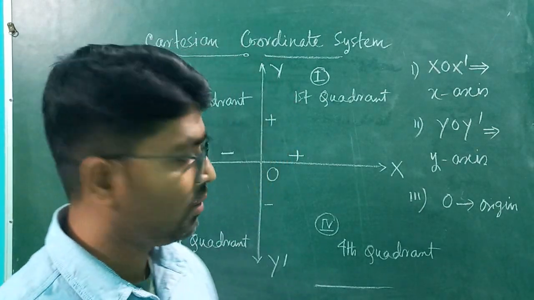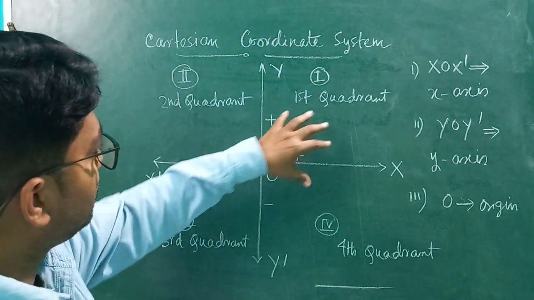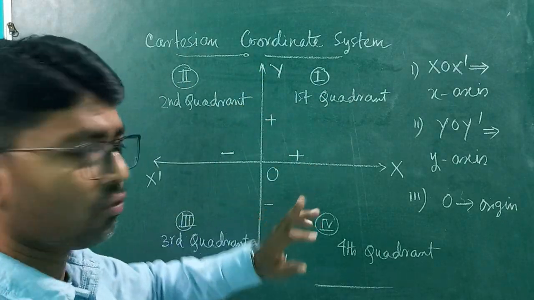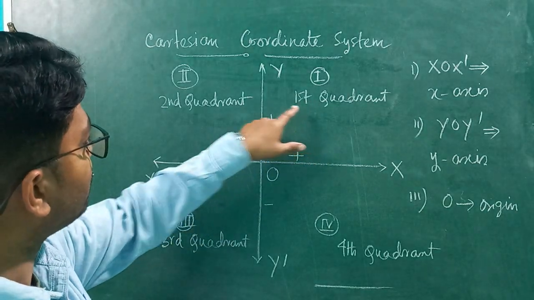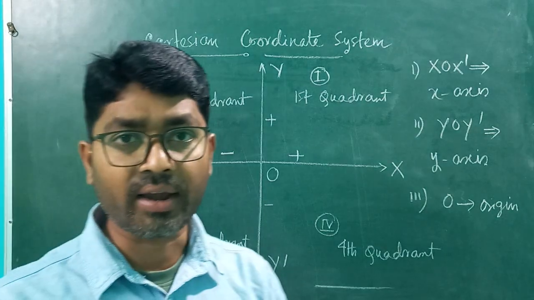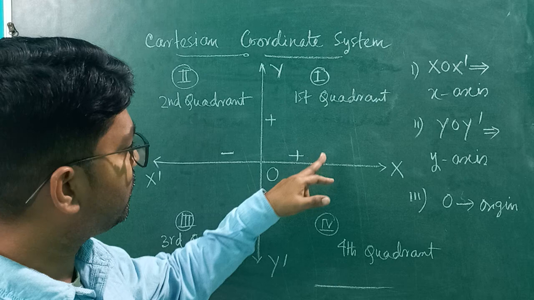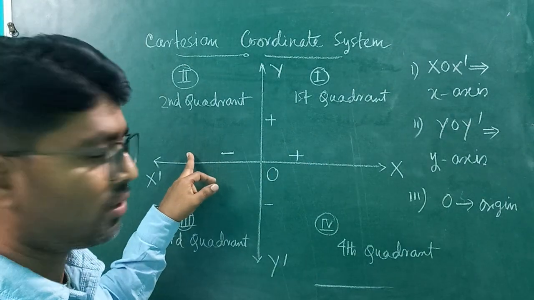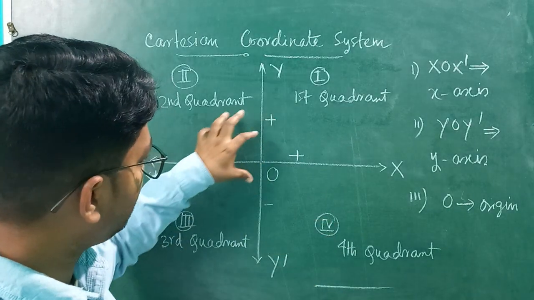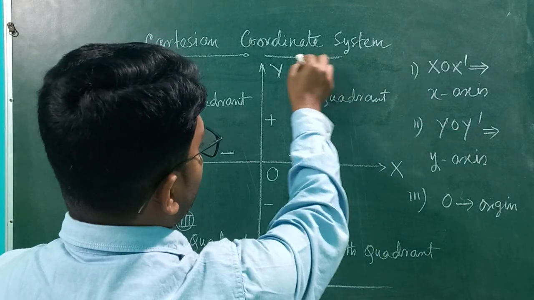Clear? First, there are two axes, and through the axes the total plane is divided into four parts, and we name them the first quadrant, second quadrant, third quadrant and fourth quadrant. Secondly, we use some sign convention. That is, if we move towards the right side, this is plus, to the left side this is minus, upward plus and downward minus. And using this sign convention,